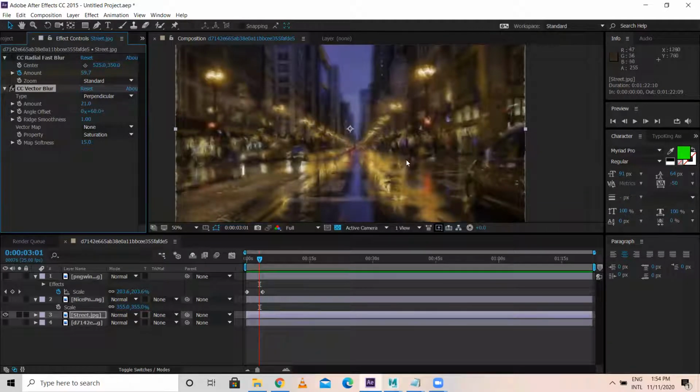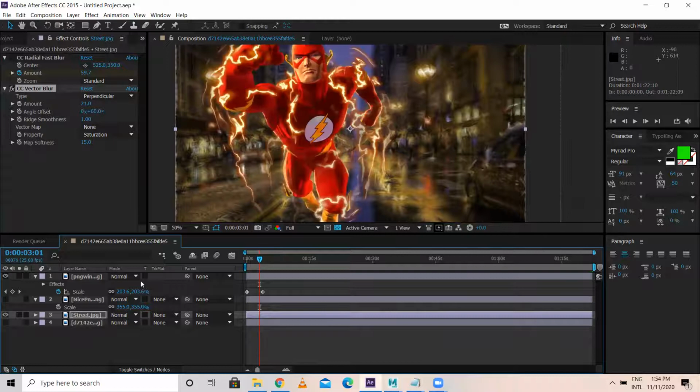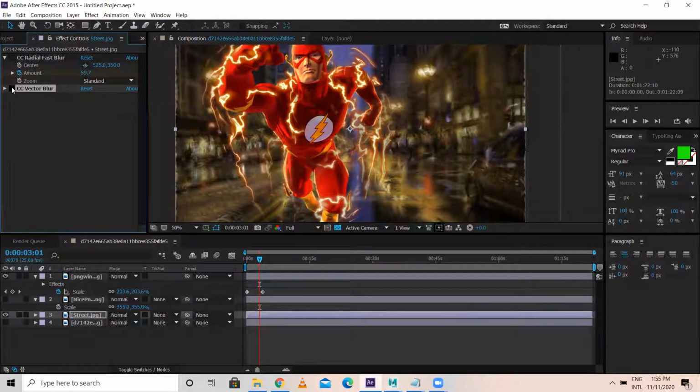That's what for cinematic effect we can use these things. See, the background looks even better, right? The more focus goes on the character here, right? This is how you do the compositions. So this is vector blur. Vector you can use for comic effect, simple.